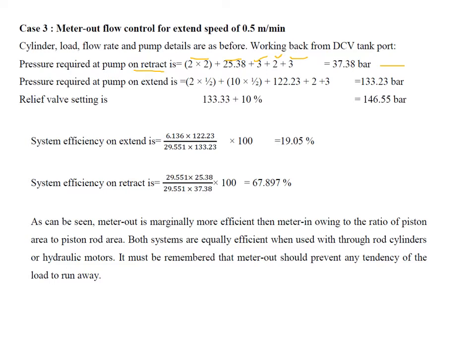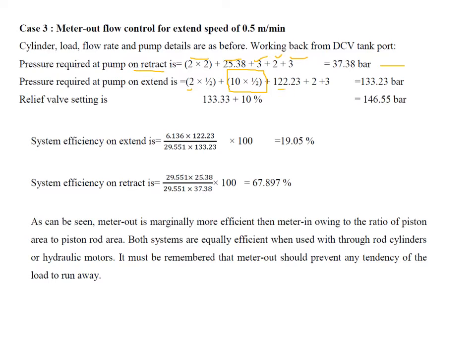During extension we are halving the back pressure, that is 1 bar, plus 10 into 1 half. Now this 10 into 1 half is the key factor in this particular numerical. In the previous meter in case, we directly considered the 10 bar drop across the flow control valve, but in this case the flow control valve is located at the rod end side of the actuator. That is why at the cap end side of the actuator we need to consider it as a half, plus